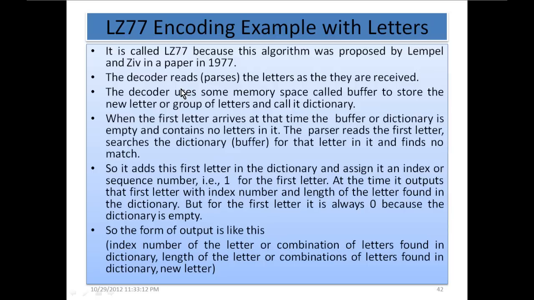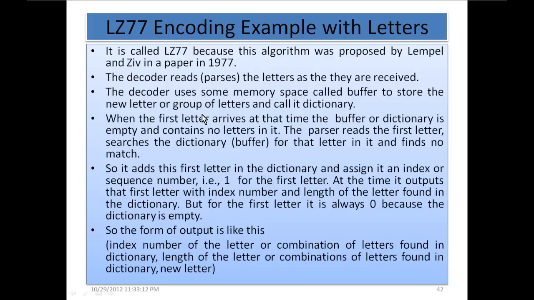The decoder reads or parses the letters as they are received. The decoder uses some memory space called a buffer to store the new letter or group of letters, and calls it a dictionary. When the first letter arrives, at that time the buffer or dictionary is empty and contains no letters in it. The parser reads the first letter, searches the dictionary for that letter and finds no match. So it adds this first letter in the dictionary and assigns it an index or sequence number, that is 1 for the first letter. At the same time it outputs that first letter with index number and length of the letter